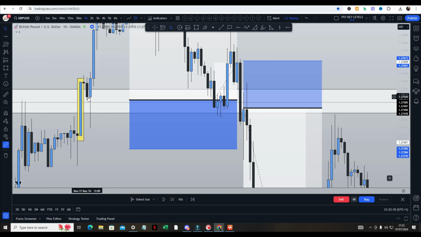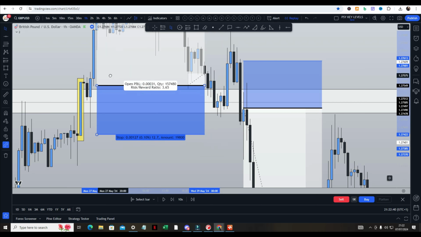It looks like an evening star, but it's not the best evening star. Normally I prefer the bearish candle to be a lot further down, or even somewhere closer to the start of this candle body here, but in this case it wasn't. So this is not the best evening star. What does that tell me? Sellers are still weak, and as you can see, there's a wick rejection at the bottom here, quite a decent size, almost similar to the top one. So for this one I would wait. Now you see this strong bullish candle here, with a huge long wick rejection. The wick rejection is bigger than the body of this bullish candle. That is my entry signal.